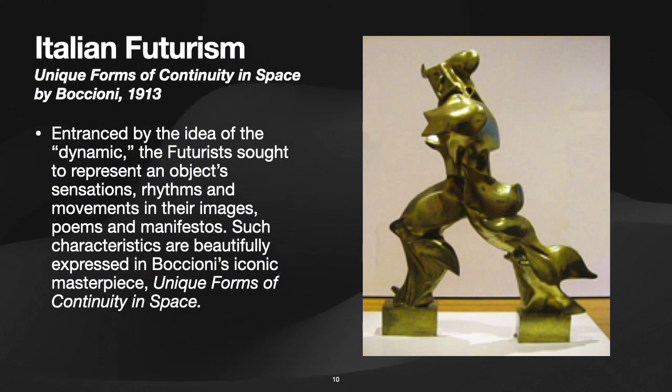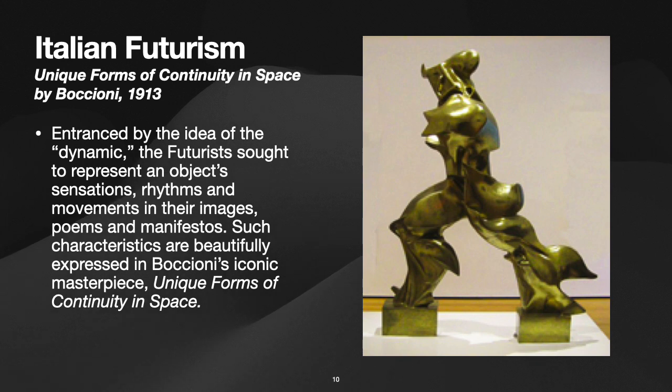Now, Umberto Boccioni created this statue called Unique Forms of Continuity in Space. And if it looks very disjointed or disconnected, he's trying to capture movement and changes in position and shape over time